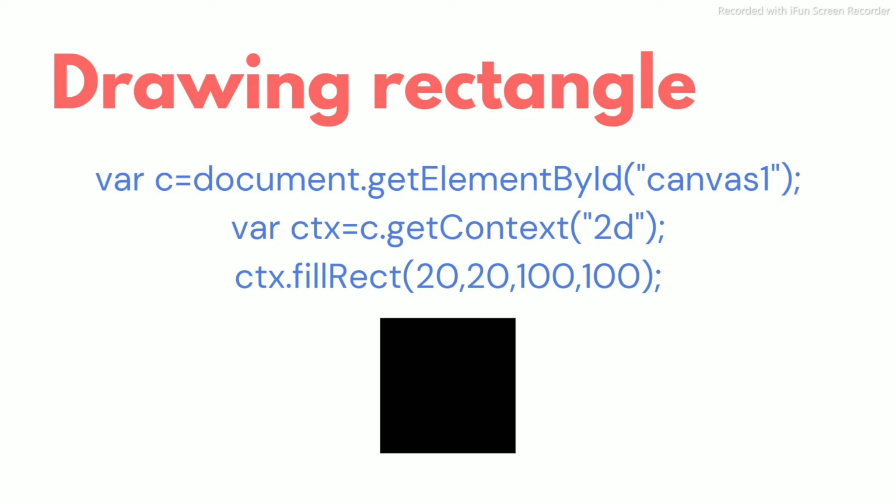When I am talking about creating elements, we can create a rectangle using drawing shapes. After calling the variable ctx equal to c dot getContext of 2D, we are calling that canvas in the 2D format. And after that, we will use the keyword ctx.fillRect, where ctx is that element and fillRect is creating the rectangle, and we will give the positions x1, y1, x2, y2 in the website, so that it can create a filled rectangle using these axes.